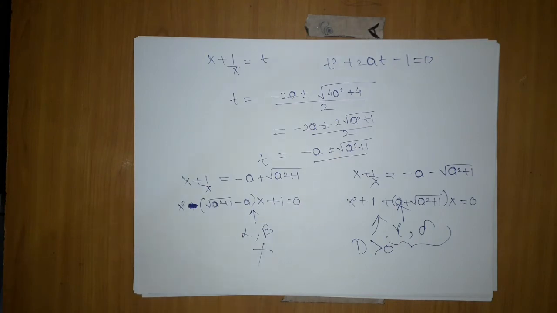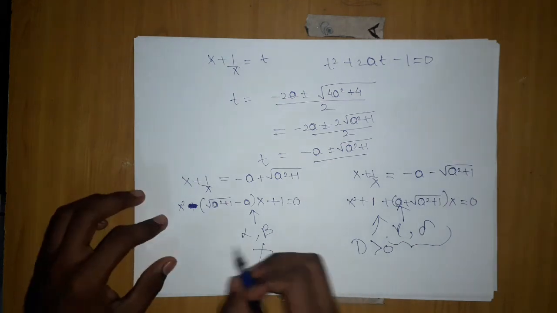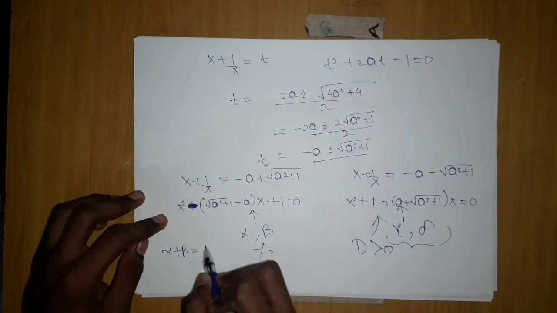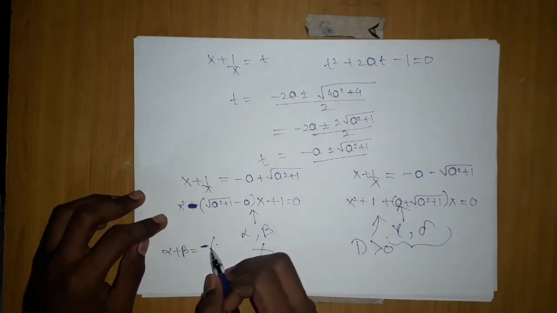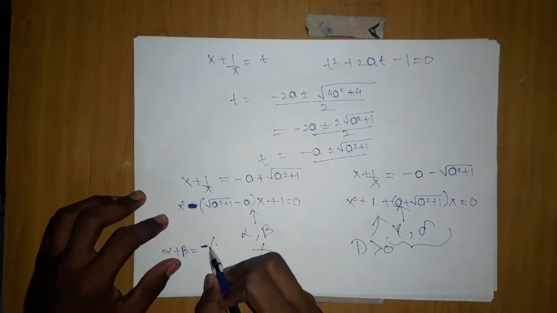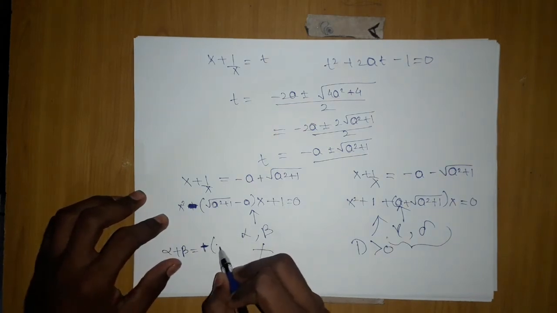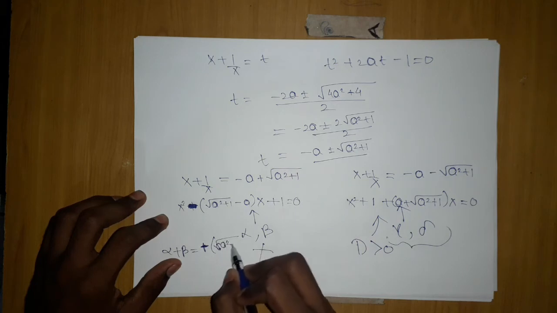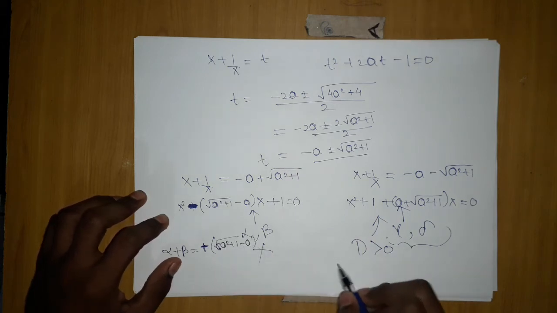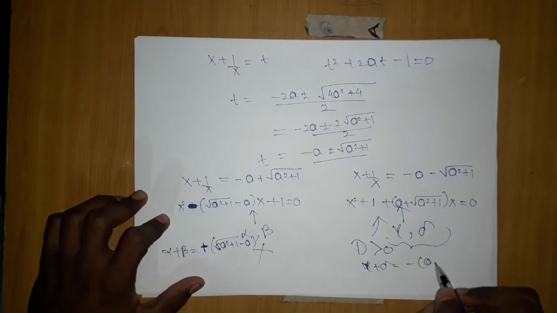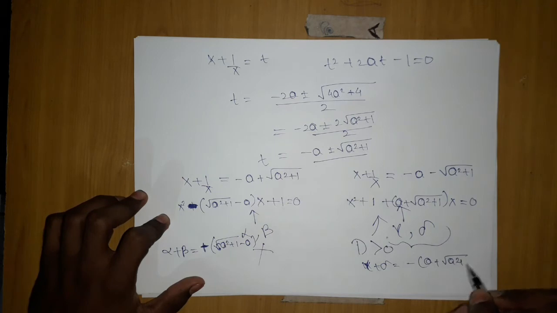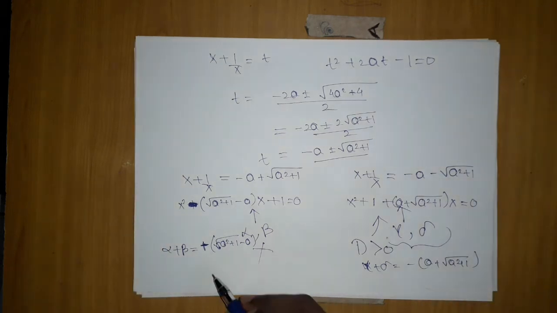What mistake are we making? Let me check. The sum of the roots alpha plus beta should be minus. So it will be minus of this. If I take minus here, it will become plus, so it will be under root a square plus 1 minus a, and gamma plus delta will become minus into a plus under root a square plus 1. So here it is negative, and we want the sum of the roots to be positive.